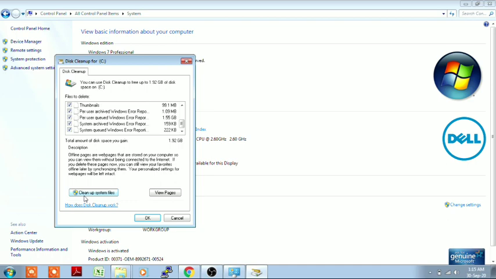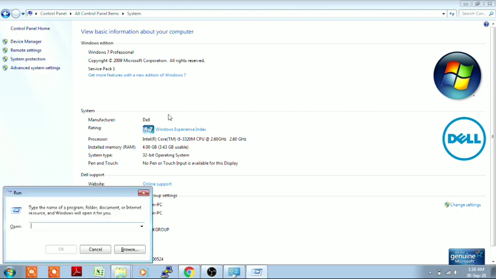Maybe in your computer you can see large files residing for a long time. It might have around 10 GB of data, 20 GB of data, based on the system usage that you are handling right now. And the third step is again to open the run command and type appwiz.cpl,